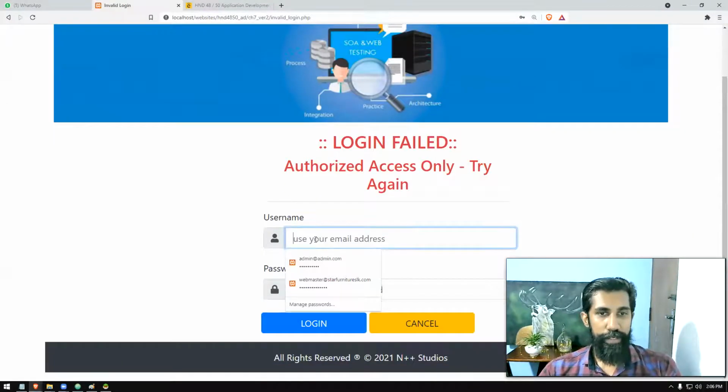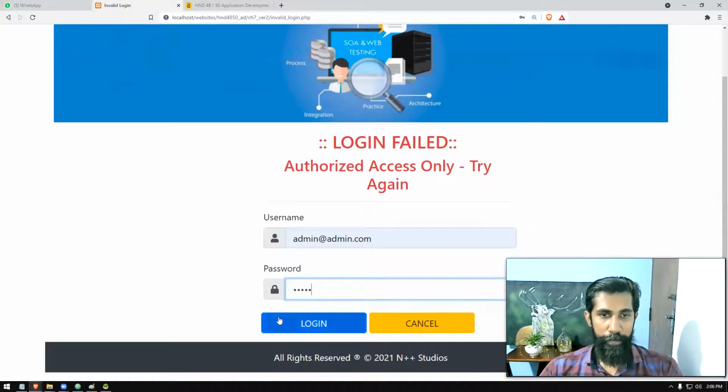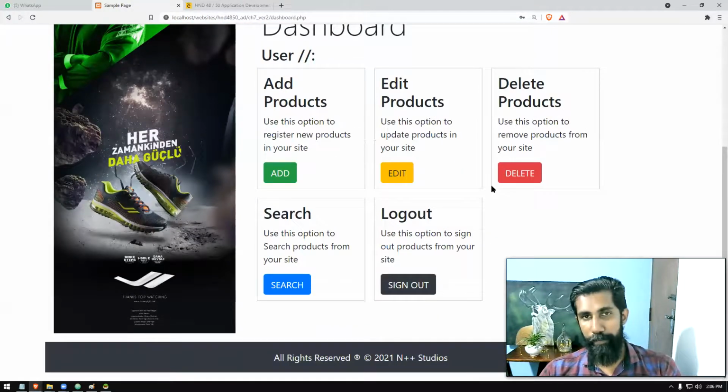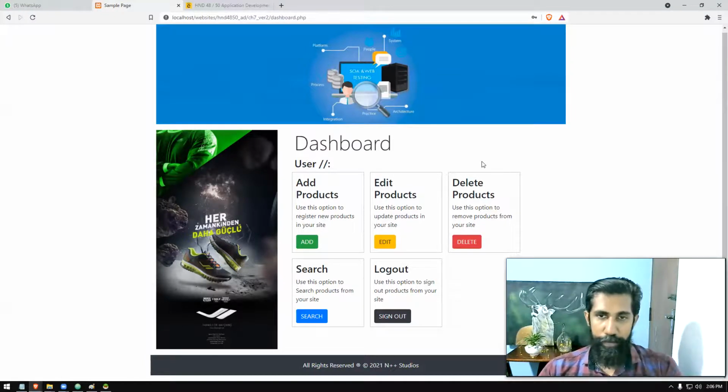Now let's try whether it is working. So we can try this. Admin, and we'll try the correct password, admin. There we go. Now with the encryption, the project is perfectly working and we are inside the file. So we used encryption and now we have logged in. So that is step two, the login module. From this part, the login module is finished.